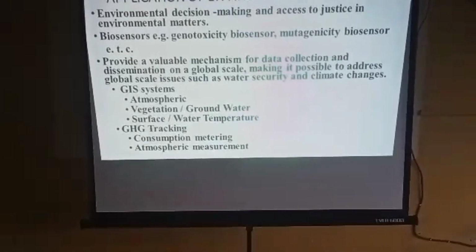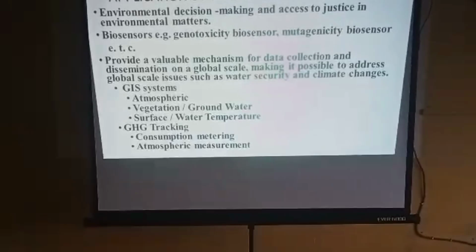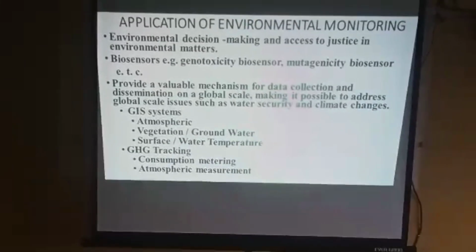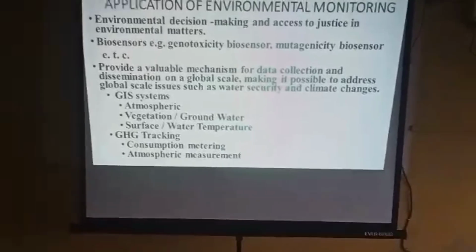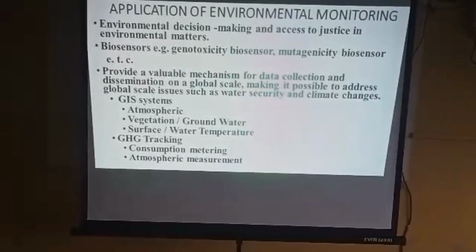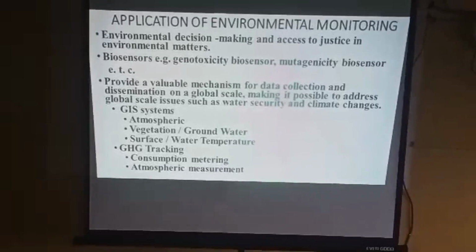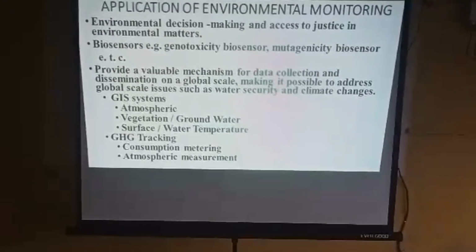So, under valuable data collection, we have the changes. Number four, the application is in GIS, Geographic Information System, which we use to monitor the